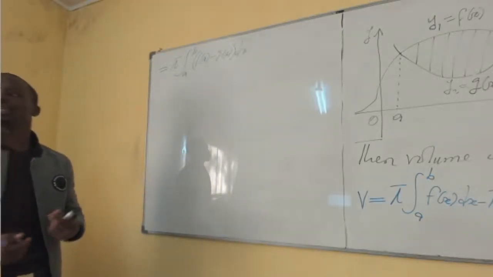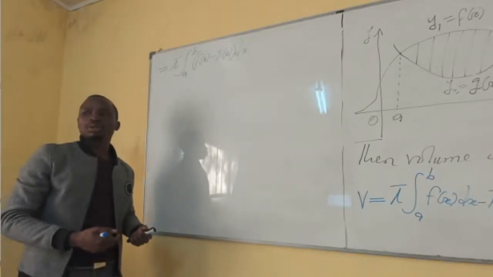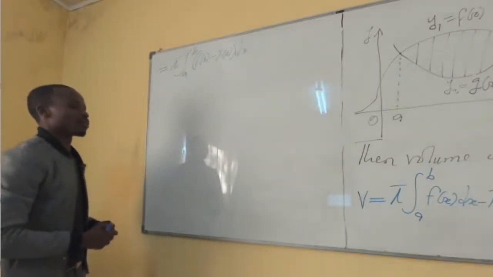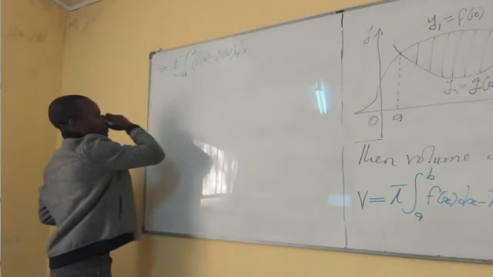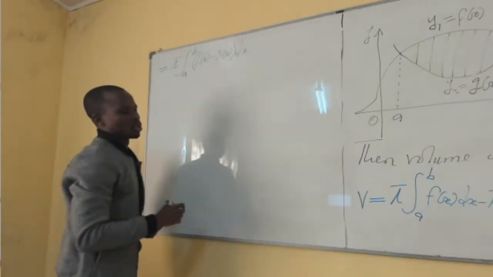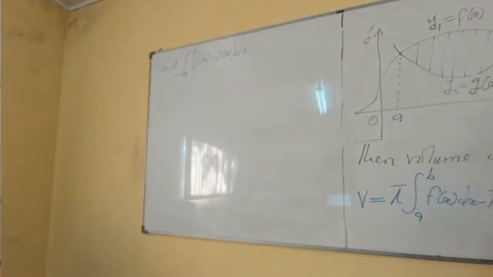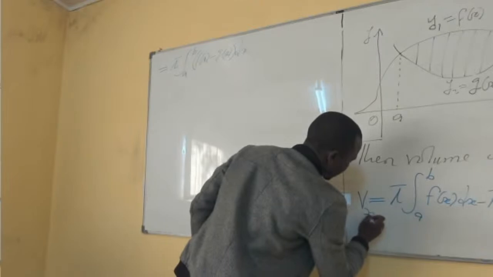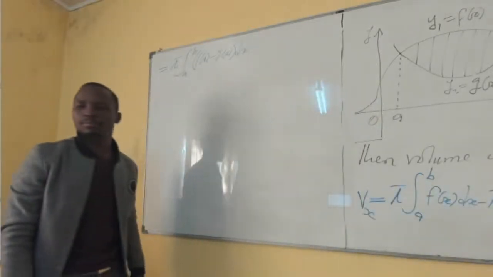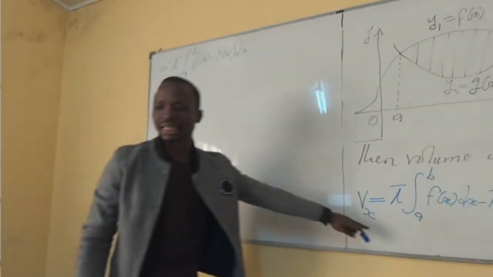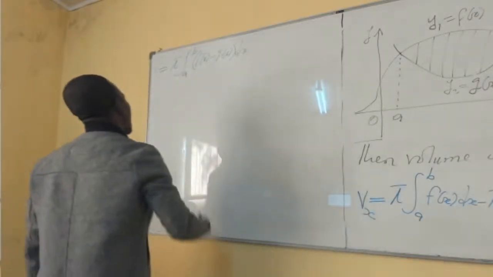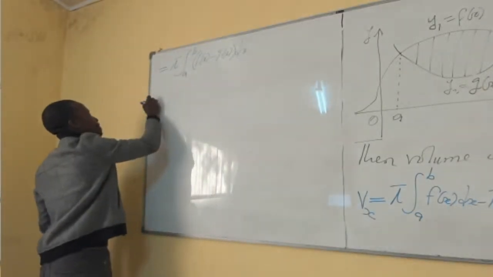The same principle can also be applied to rotation about the other axis. So the volume of rotation with respect to the x-axis, this will be our formula. And also similarly,